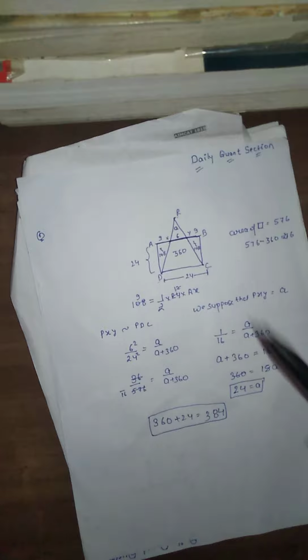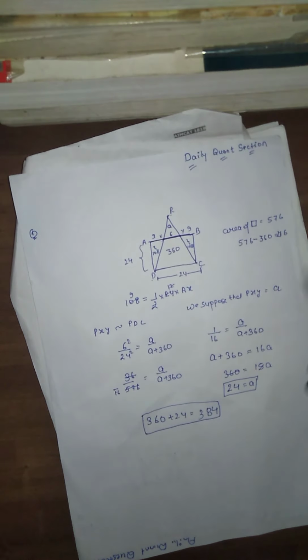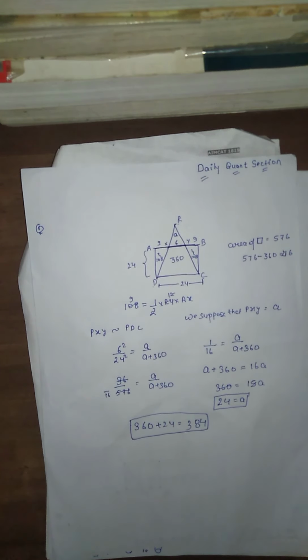So we find the value of AX. AX is equal to 9. If AX is equal to 9, then BY is also equal to 9. And we know that the whole AB is equal to 24, so the remaining part is equal to 6. Then we find the whole solution. So this is a really good question. You could learn so many things from this.